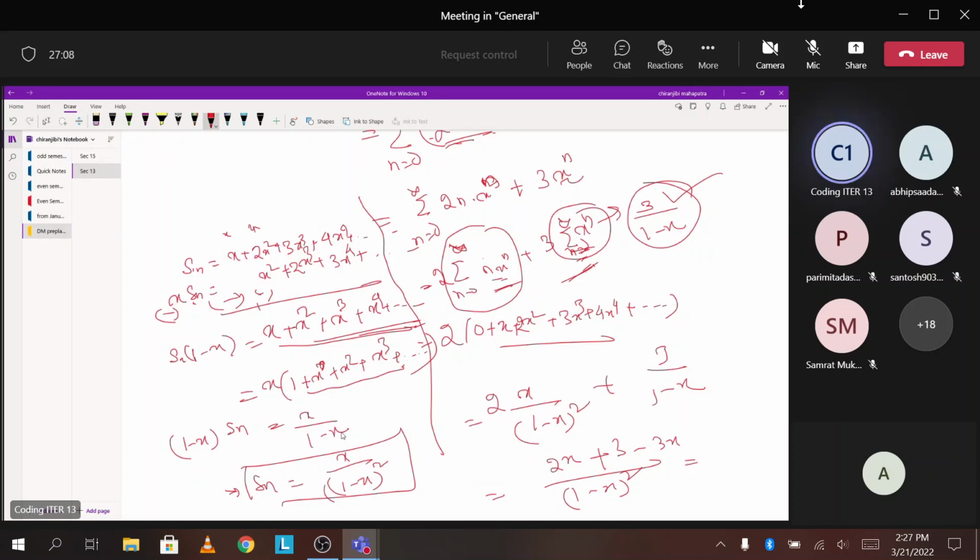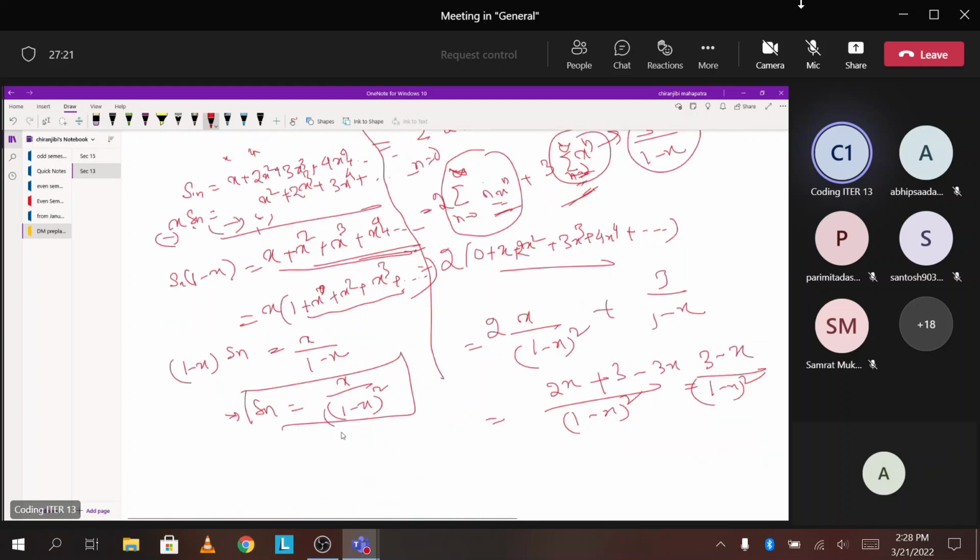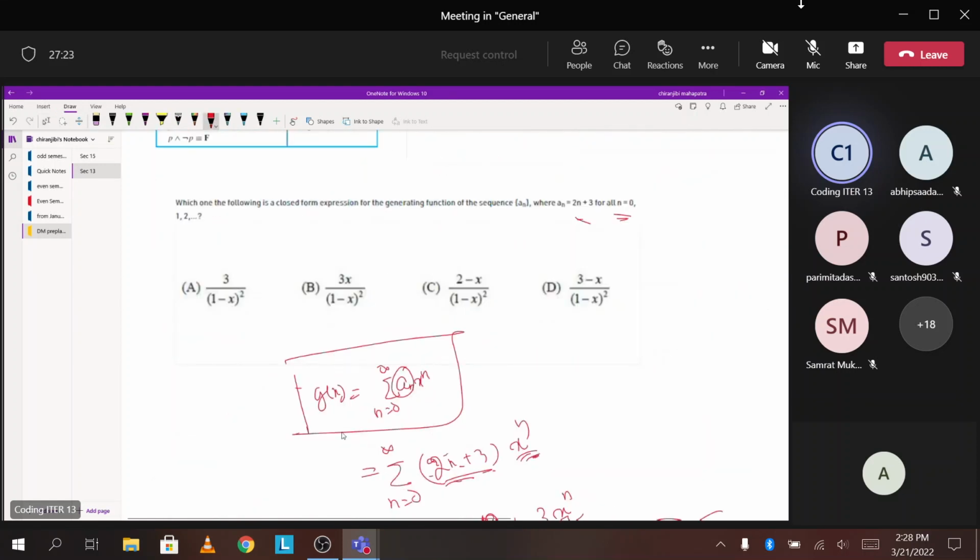So this will be 2x minus 3x equals minus x. So the answer is 3 minus x divided by 1 minus x whole square. Check which option is 3 minus x by 1 minus x whole square. It is D, so that's the correct one. ठीक है,